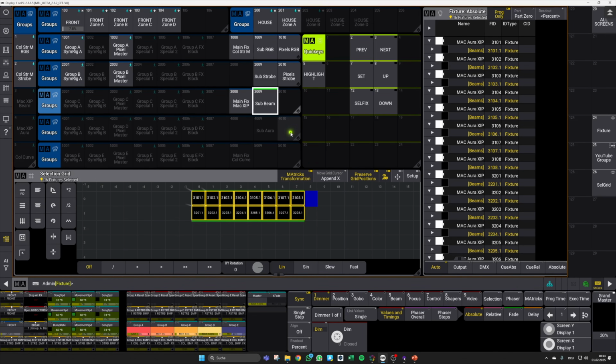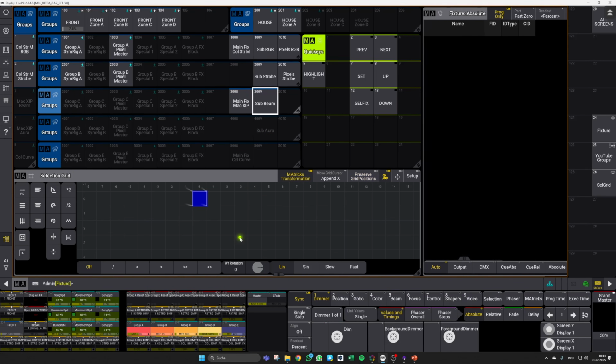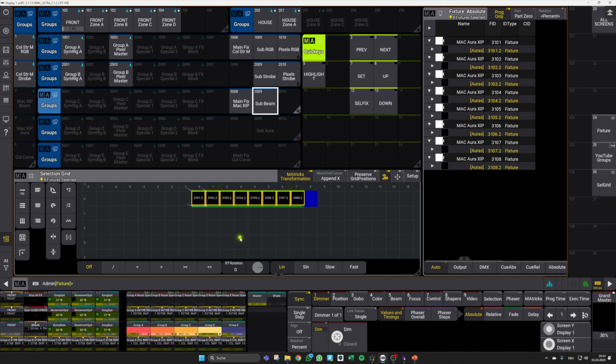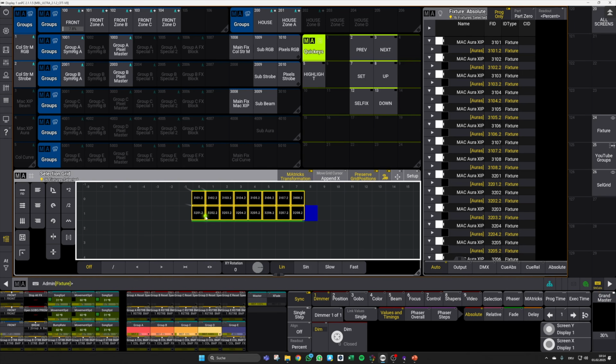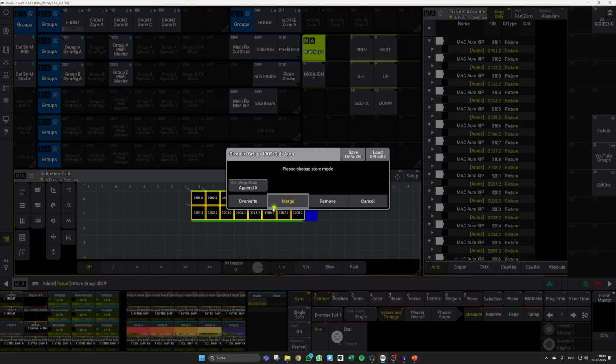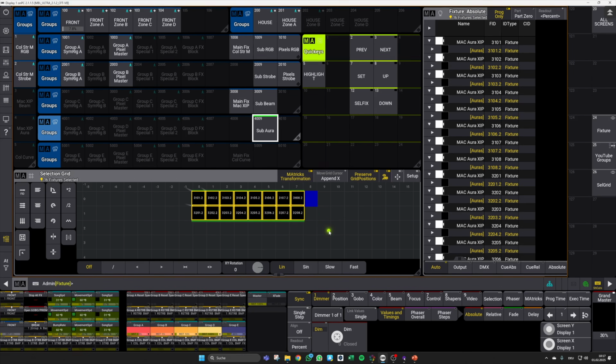Then we simply repeat this step for our submasters of the aura pixels. So clear the programmer, 3101 through 3108.2 in this case, and then directly continue with 3201 through 3208.2 for the second row, and we can store this there. Now we are again at the point where we need our GridStore command to arrange the individual pixels,